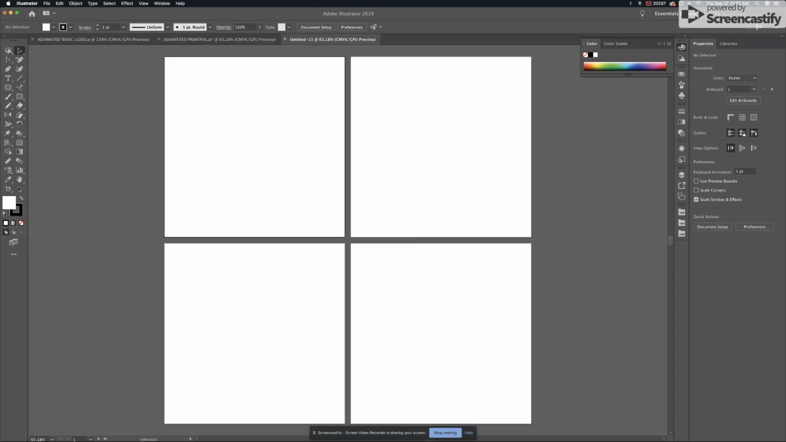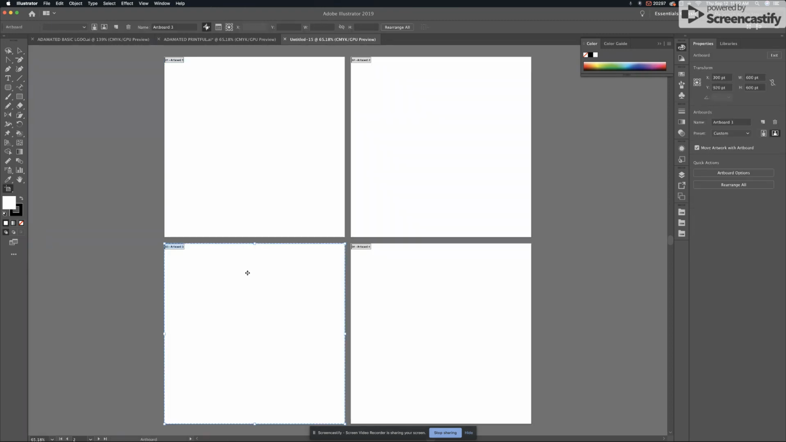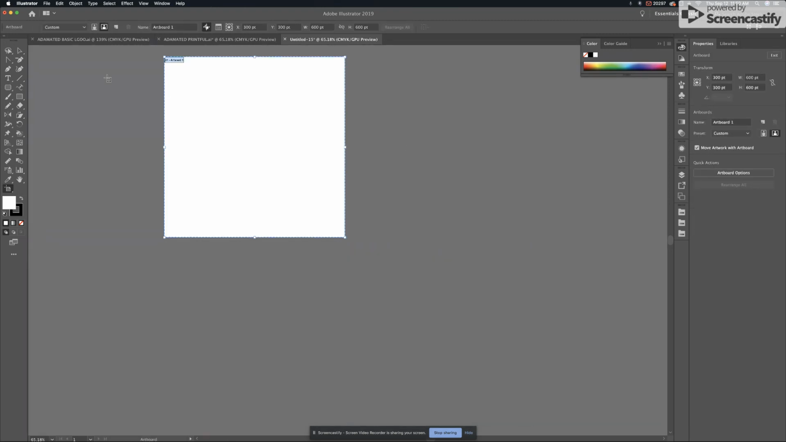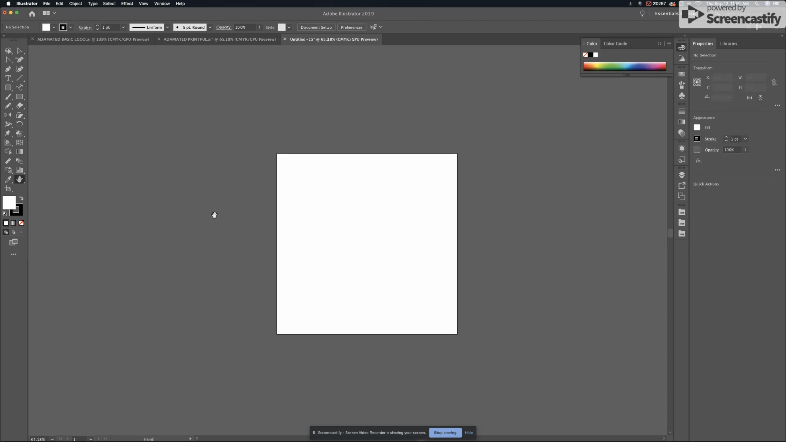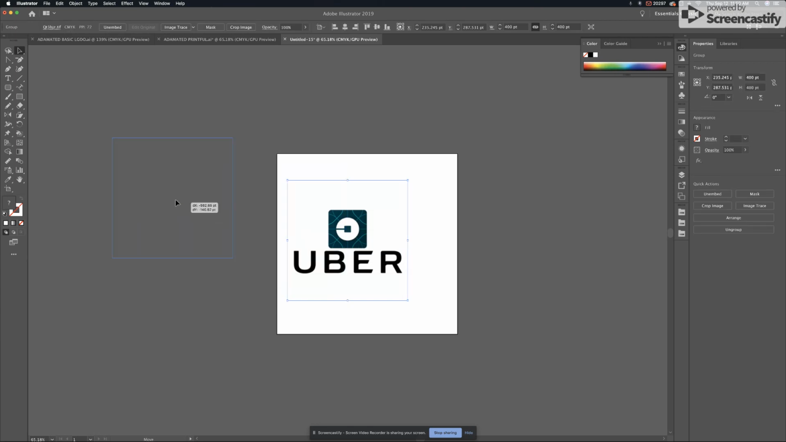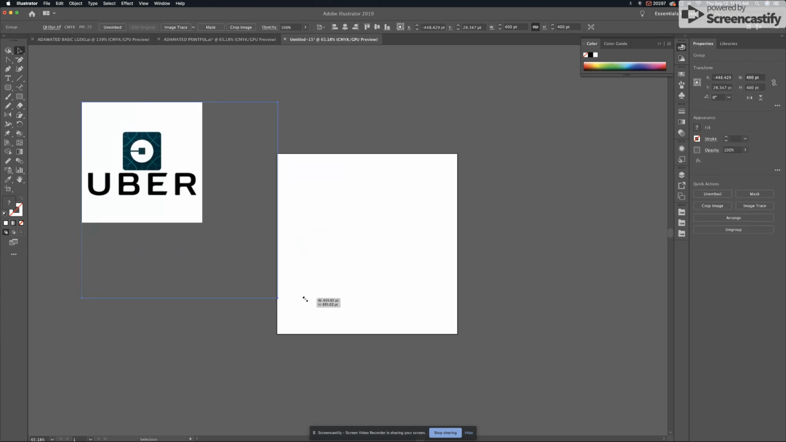Right now I've got 4 artboards. I'm going to take those away, but usually what I use those artboards for is different color variations of the logo once it's complete. So let's go ahead and paste that Uber logo in here just so we've got a